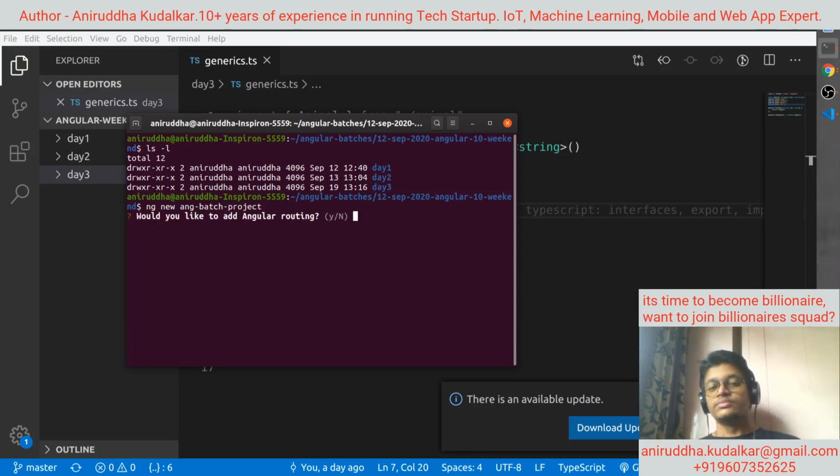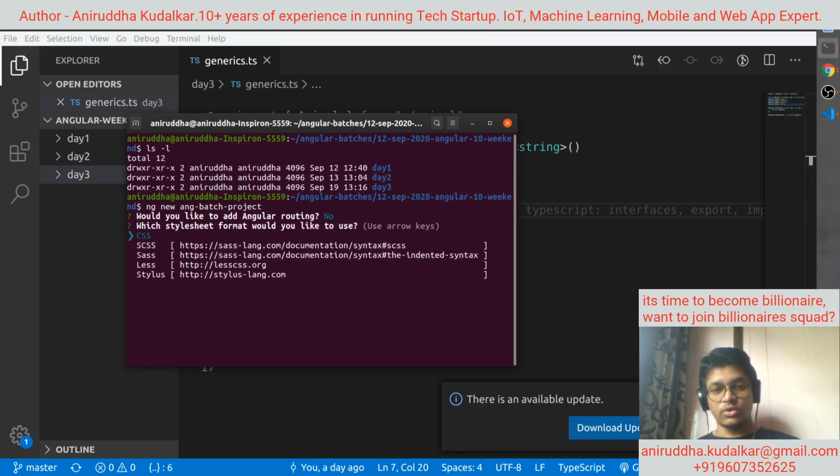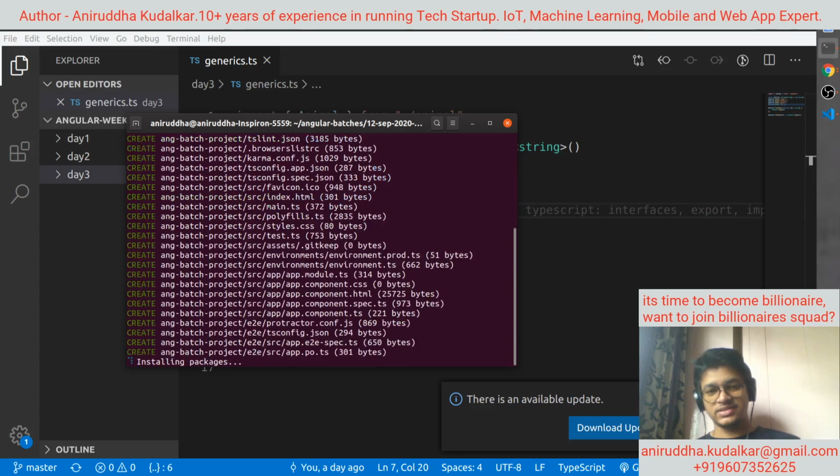now see which command I have hit over here. ng new Angular batch project. So it is asking you a few questions. Would you like to add Angular routing? Say no, right? What type of CSS you want to use? CSS. Okay,